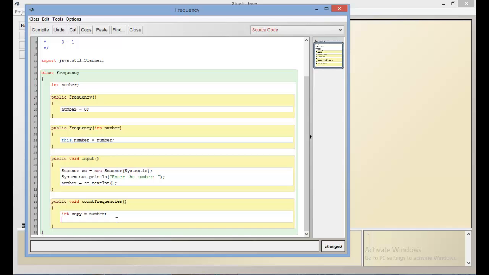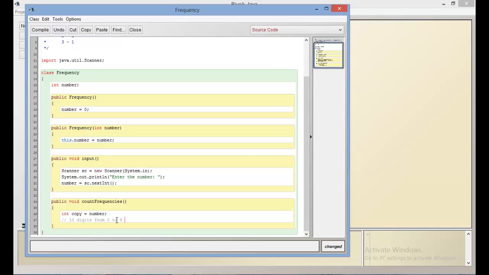Since there are 10 digits from 0 through 9, there can only be 10 frequency values, because you need a frequency value for each digit. You could keep 10 variables, frequency 0, frequency 1, frequency 2, up till frequency 9,